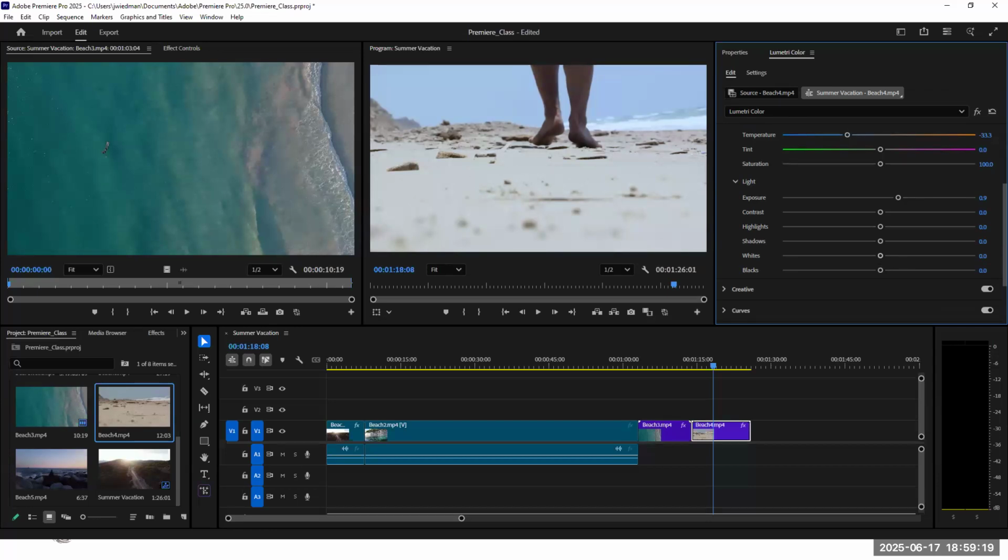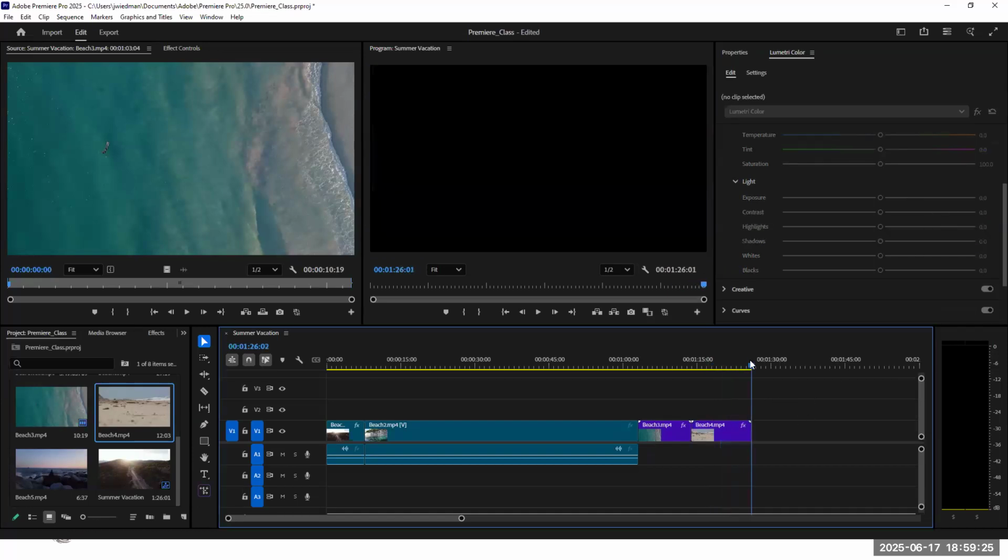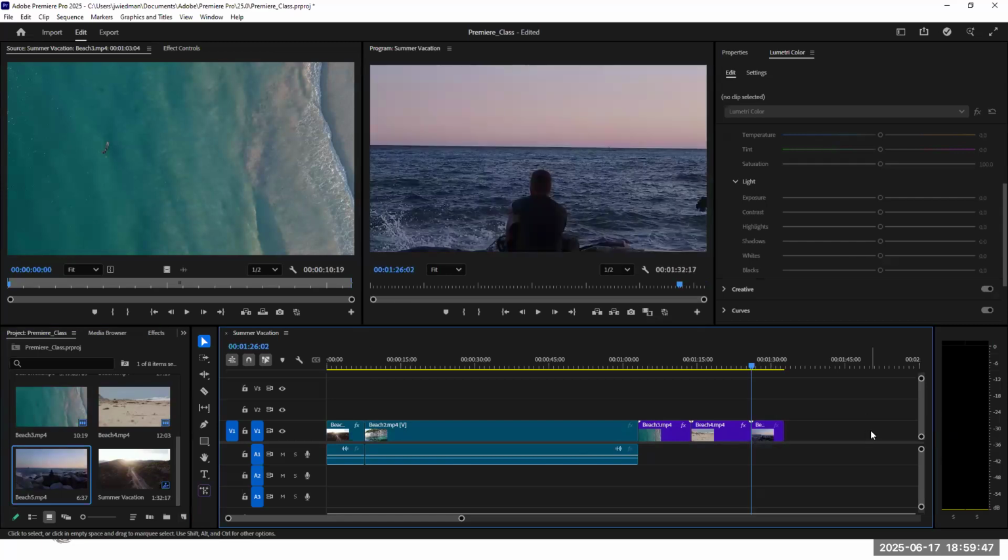All right. And then next, I'm going to move on to transitions between clips. There are lots of options available when it comes to adding transitions to your audio and video files. We're going to be focusing on the cross dissolve transition for video clips. So we're gonna move another beach clip over. Got beach 5, move that to the end there. And instead of just jumping from one clip to another, we want there to be a bit of a smooth transition. So from the effects panel,